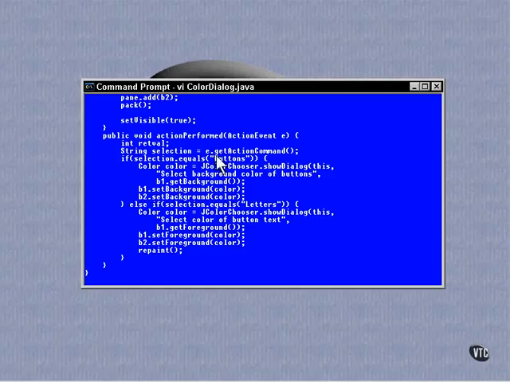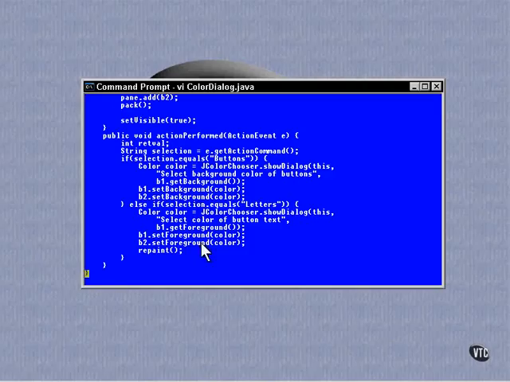Now here's what happens when you press a button. The text you pass to this static method is the text shown on the bar at the top of the window. The third argument here is the initial color. In this example, it's the foreground color of the button, B1. Notice that a color is always returned. If the user cancels the pop-up, the initial default color is returned, so you always need to set the default